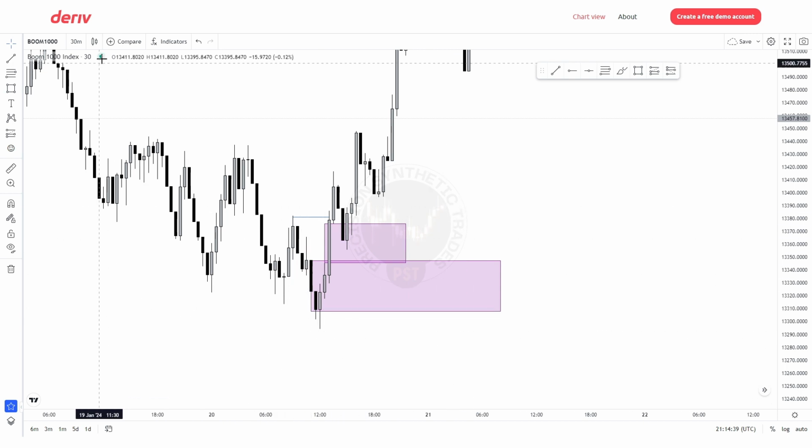We made the big move, and we came down to a point of interest. As soon as we touch our point of interest, and this is also cancelling out, which one would be valid to enter from: an order block or the fair value gap, the higher fair value gap or the lower fair value gap? The 30-minute broke this high, liquidity was swept,